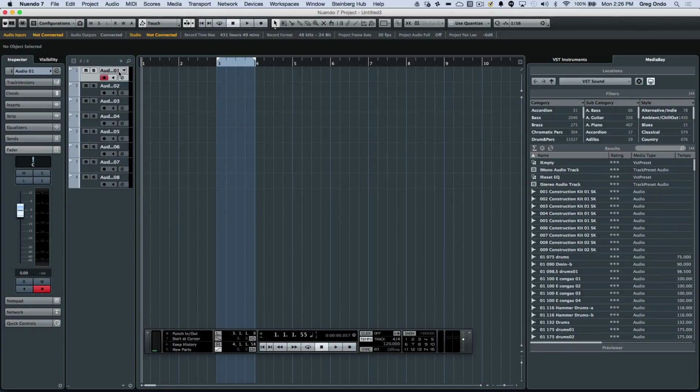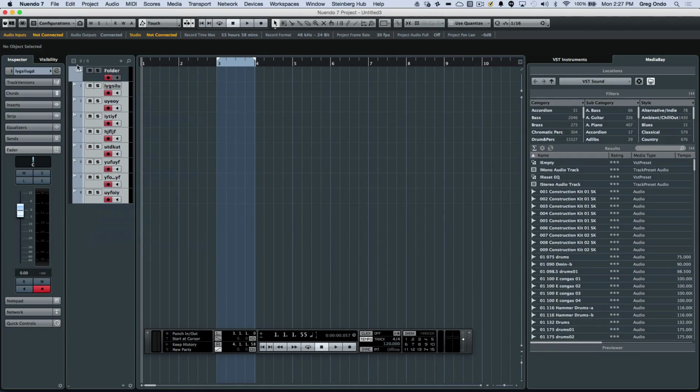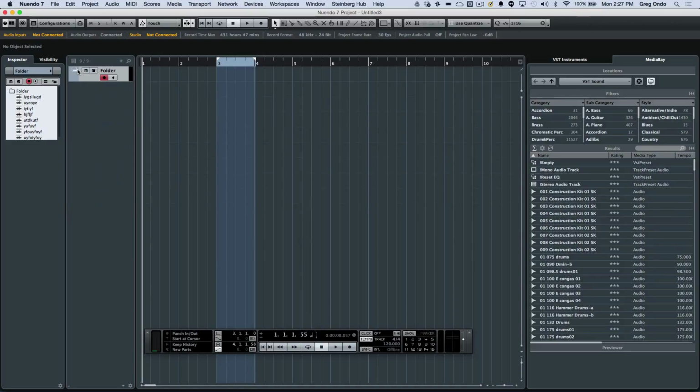Now, it's a great idea to name your tracks before you record. So if you double click, you could just type in a name. And if you hit the Tab key, it'll just take you to the next track so you could name it very quickly. If I wanted to place all these tracks into a folder for easy organization and track management, I could select the top track, go down to the bottom track while holding down the Shift key. That'll select all the tracks, right click, and we could choose to move selected tracks to new folder. We could expand or collapse that folder